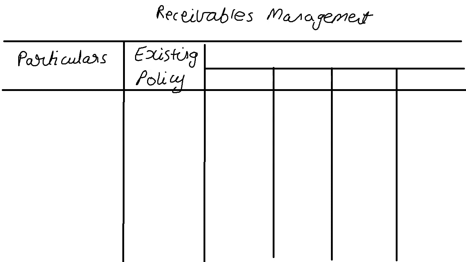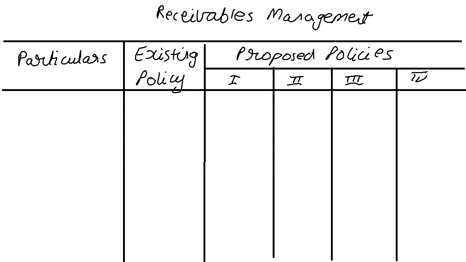We begin. Okay, we have proposed policies, and under that we can have policy 1, 2, 3, 4, or A, B, C, D, whatever is in the question, those same alphabets you use. We start with credit period, and then